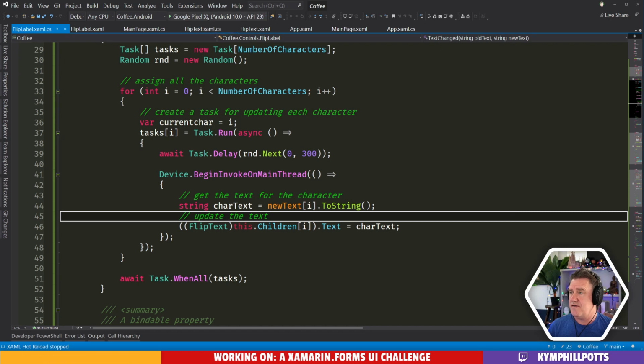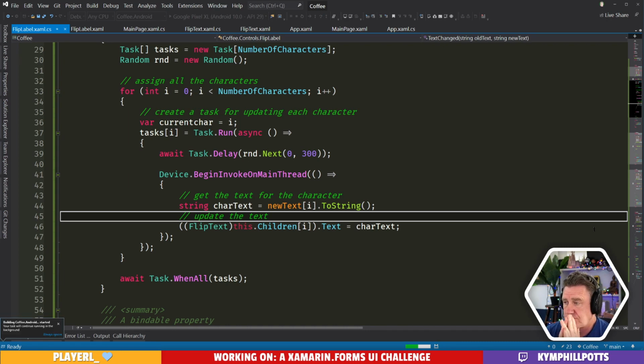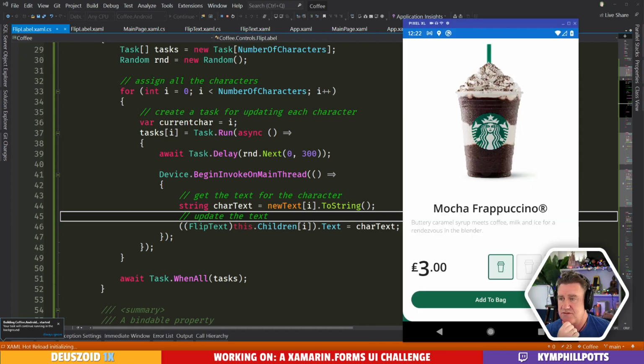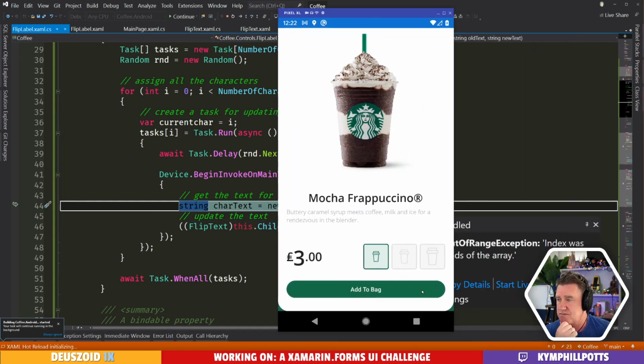Is this going to work? I don't know if this is going to work. Let's see. What I'm hoping this will do is rotate the numbers at different times, or it'll just throw an exception.